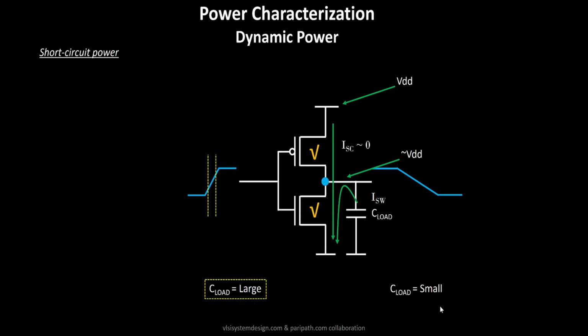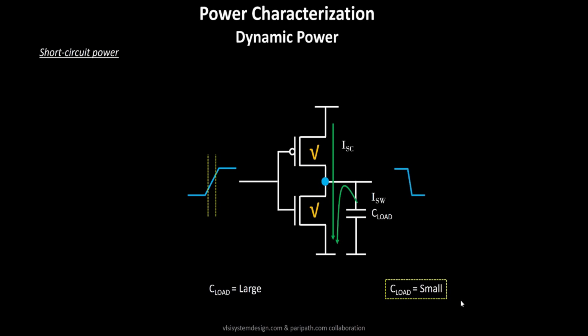And now what happens whenever our C load is too small? Whenever your output load capacitor is too small, this is the kind of waveform. By the time your input is switching from logic 0 to logic 1, even a small trigger at this particular NMOS transistor makes it turn on, and your output load capacitor might get immediately discharged. As a result, you will see the output waveform trying to switch very fast because of the low value. When we talk about a low value of load capacitor, it could be somewhere in the range of, let's say, 2 femtofarads or 3 femtofarads. It is that low, so there is very little water in the bucket that needs to be emptied, and as a result it is very fast.